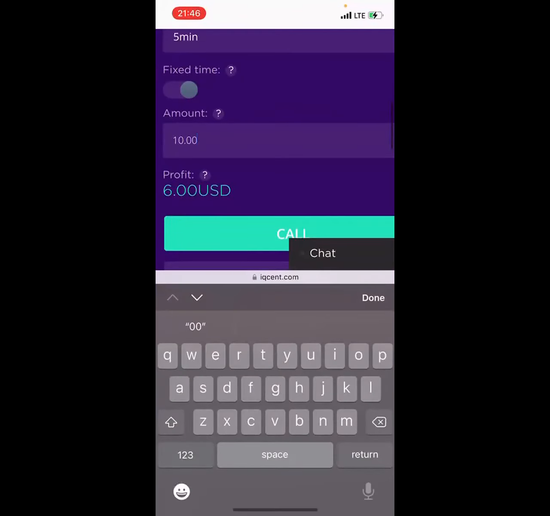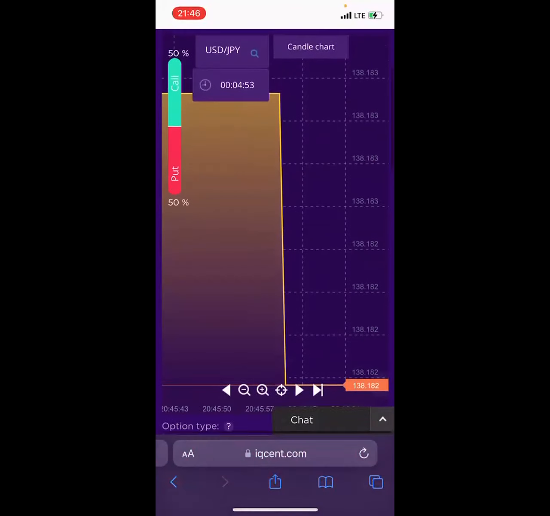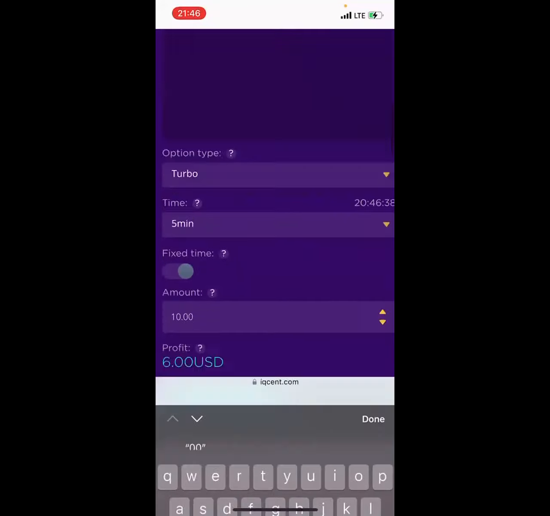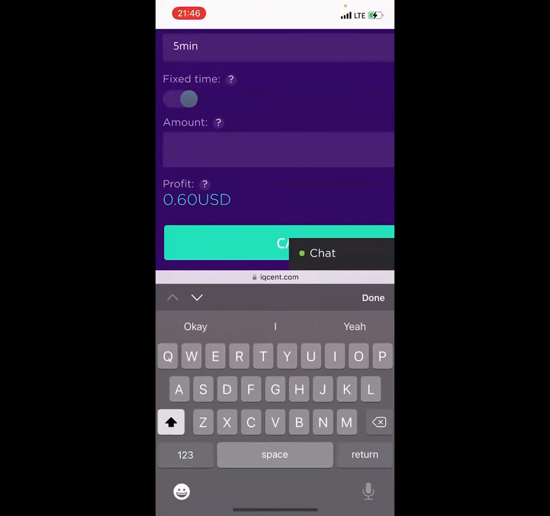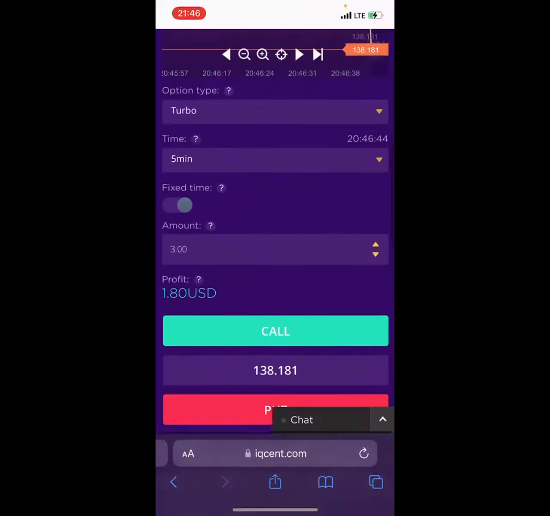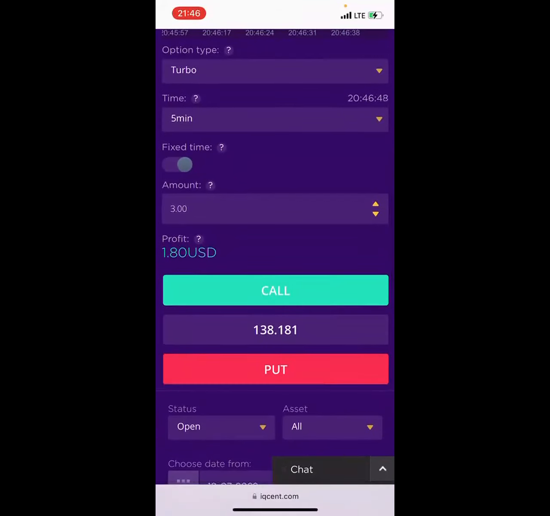Your amounts, remember, you're advised to only risk 1 to 3% of your account. You have to be disciplined about it. 1 to 3% of your account. So you come here, okay, let's say $3. When it gets to the entry, since you're entering for a put, you obviously change your time, you change